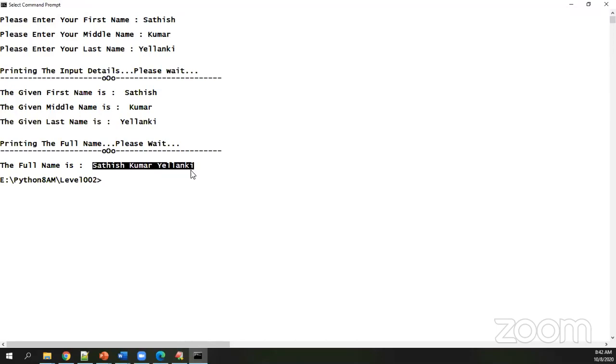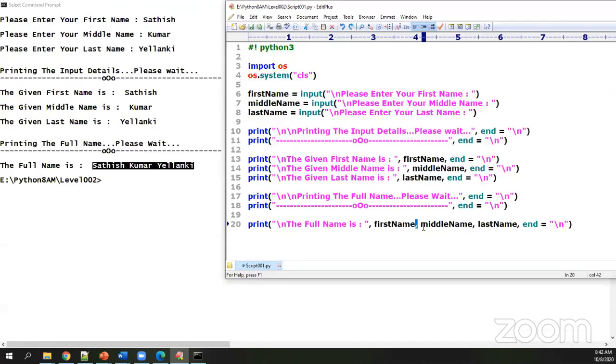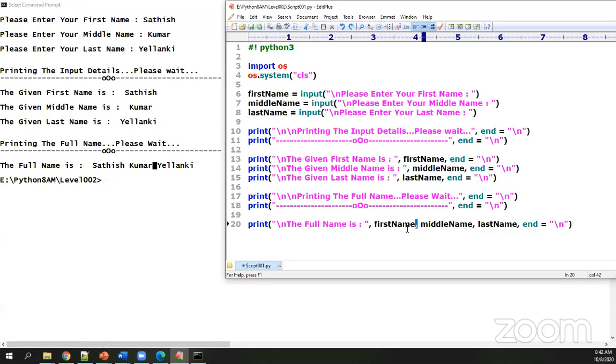You can just watch very carefully this comma as a delimiter. When I'm using multiple parameters, it automatically gives me one space. I think I was discussing these things in my previous class. So you need to understand these criteria. Anil, I think you are not listening to my previous classes properly. I gave you examples, separator and end together, in my previous classes itself. Follow the sessions, follow the sessions.